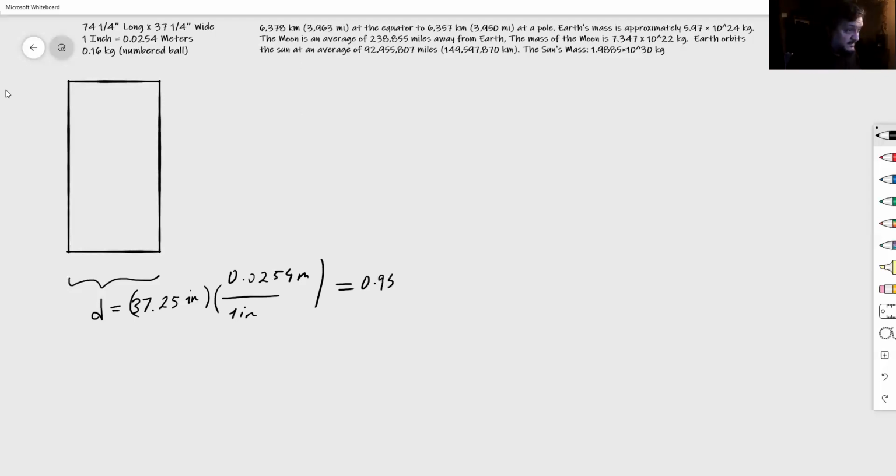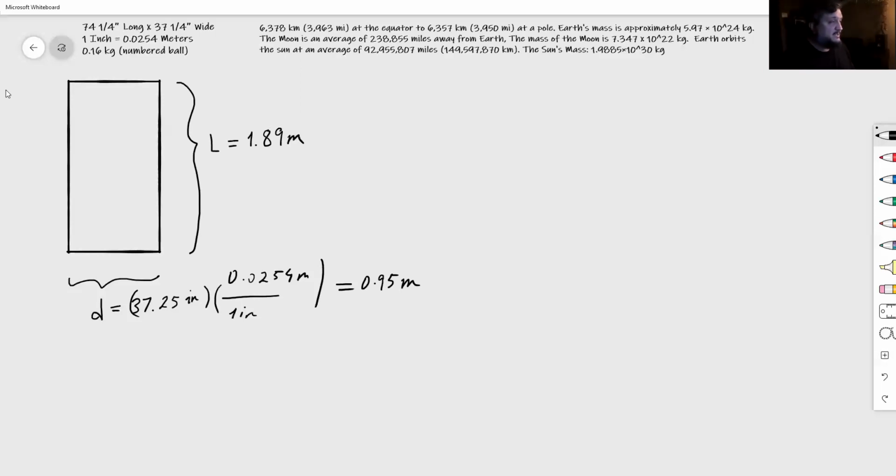0.95 meters. And the other dimension, let's call it L. This is 74.25, so 74.25 times 0.0254. This is 1 meter and 89 centimeters. 1.89